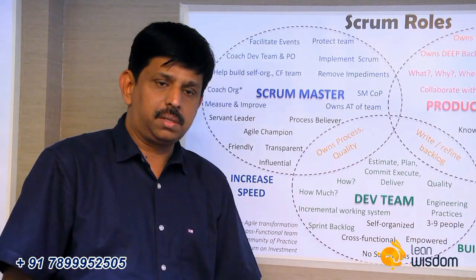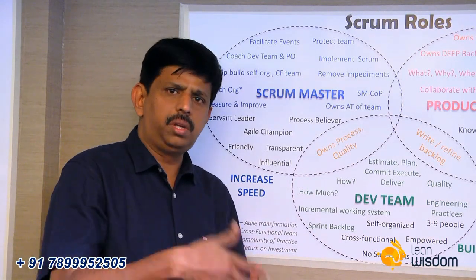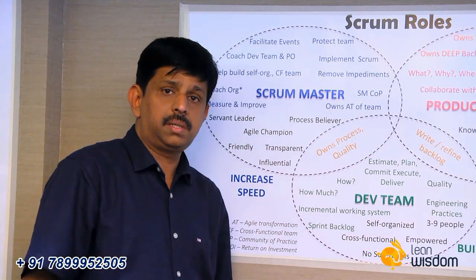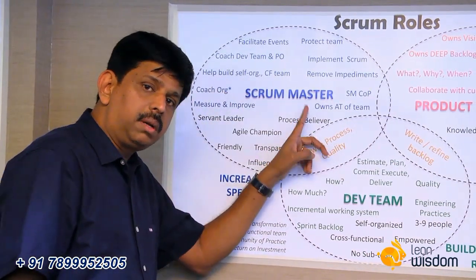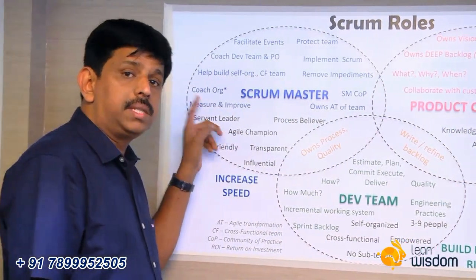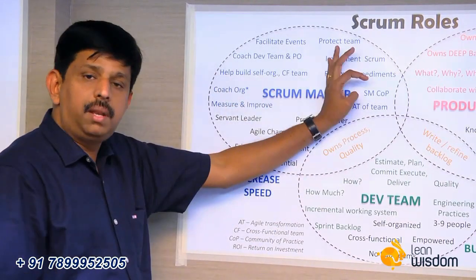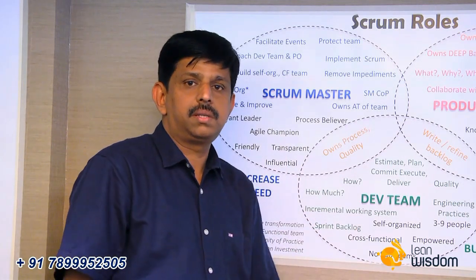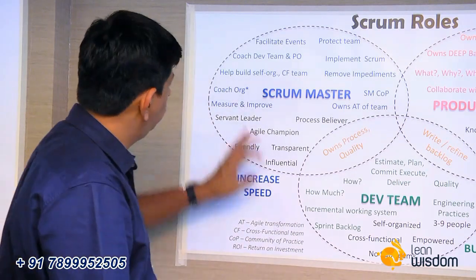A matured Scrum Master. I've always seen a Scrum Master in a company for like 2, 3, 4 years. They are actually very, very seasoned Scrum Masters. They should be coaching the organization. Their contribution to the organization on Scrum and agility is much more critical, because they have gone through a lot of successes and failures. They should be able to help the next set of Scrum Masters so that the overall Scrum and Agile is in pace across the organization.